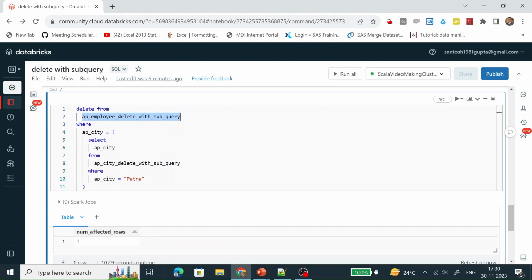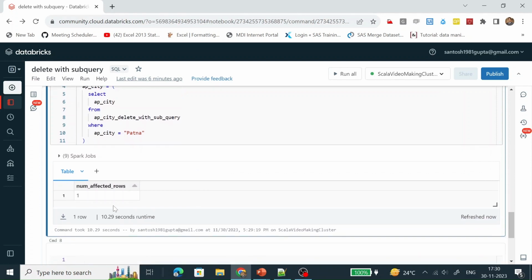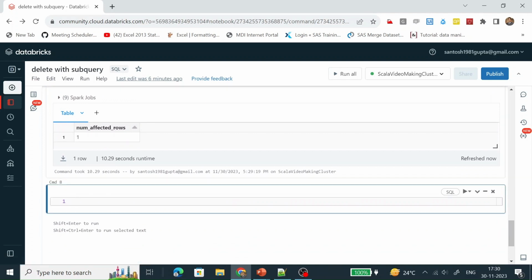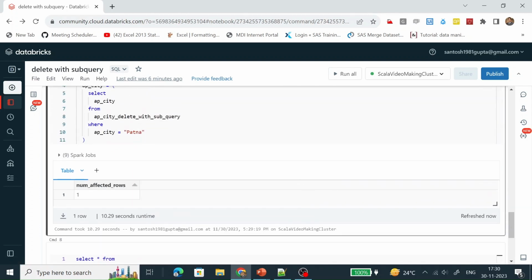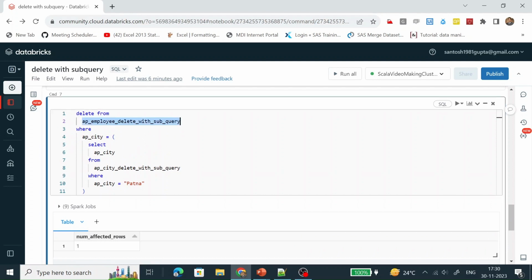So let's do a select statement and check whether the data present in this table where the city name is Patna has been deleted or not. Select star from this table.